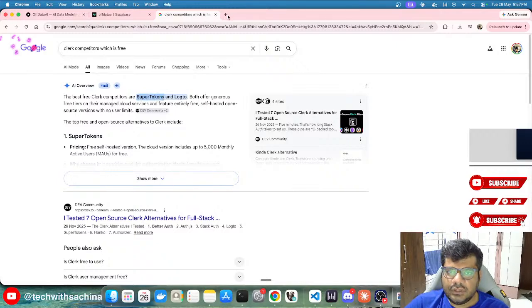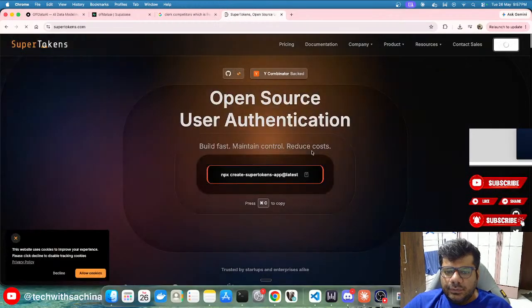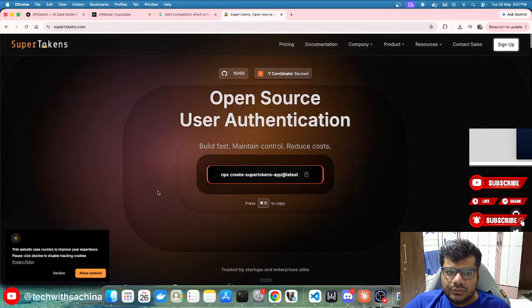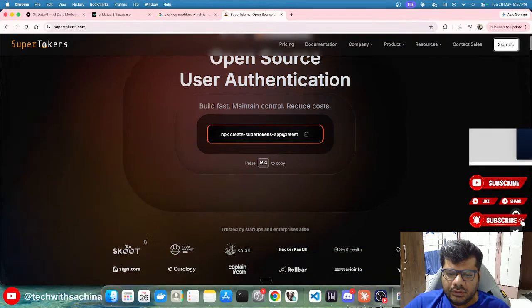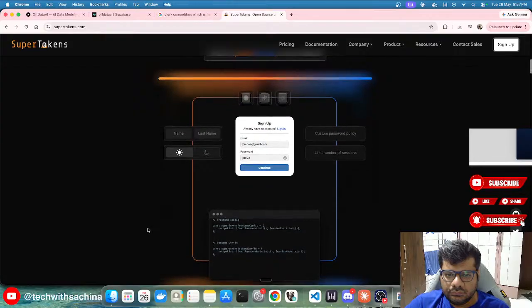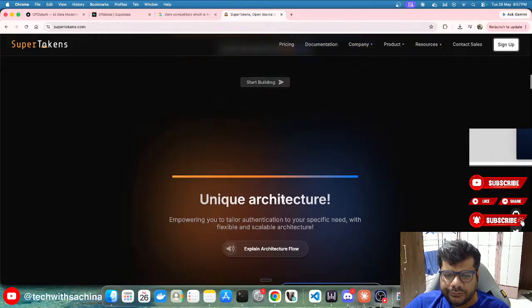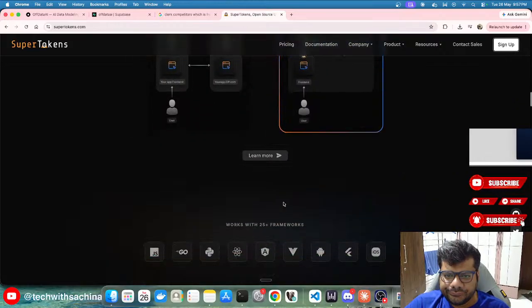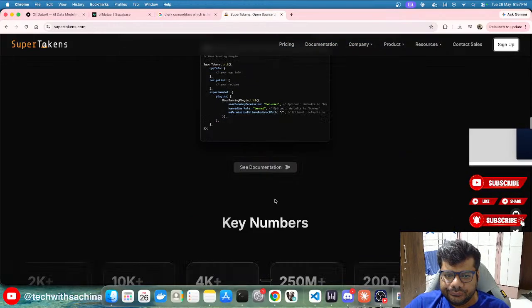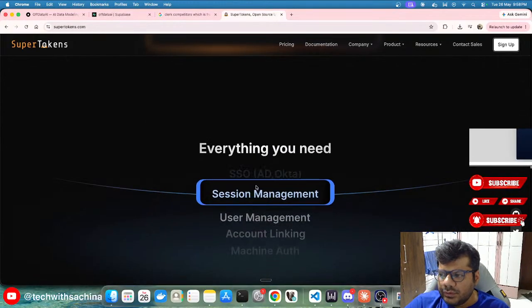Let me just check it out. Okay, it's an open source user authentication. Custom password policy. Okay, so even I can use this, Supabase authentication as well.